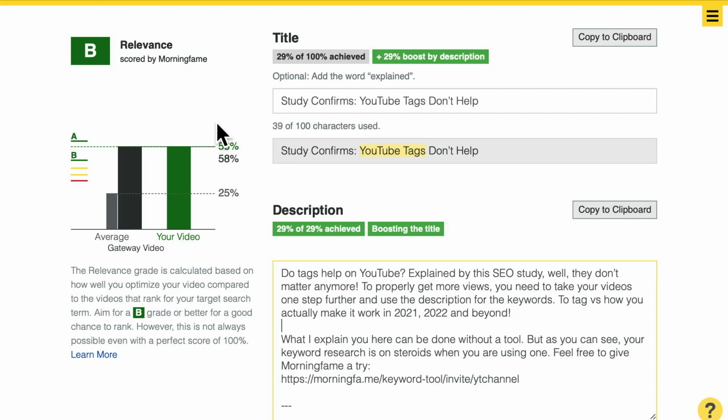It was enough in this case with only 58% where I used this boost strategy, which doesn't allow me to get to 100%, even with the highest boost and still a very well optimized title to an extent. You can't get to 100%, but sometimes this is enough to still give you a good chance to rank.